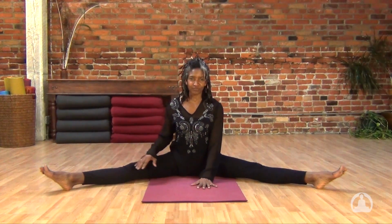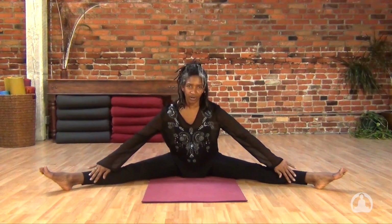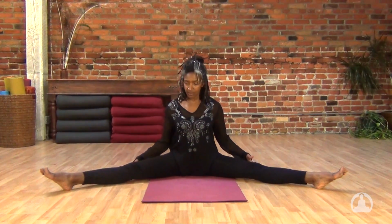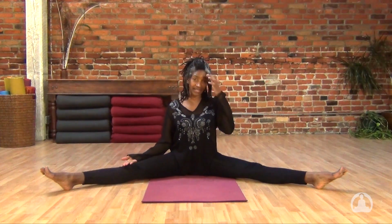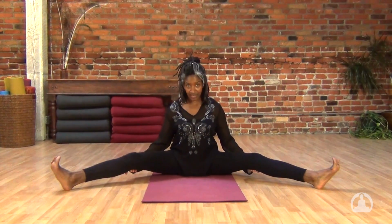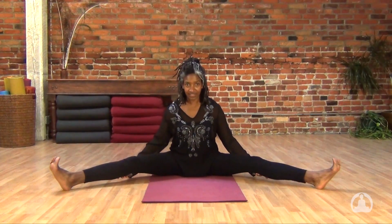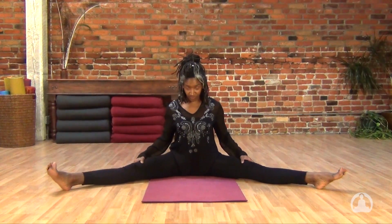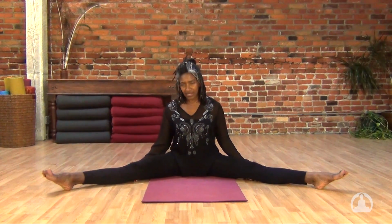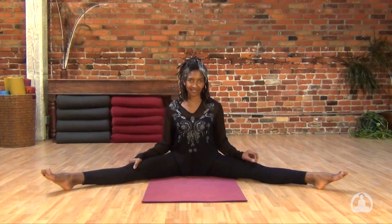We're going to walk ourselves forward just as we did in cross-legged, but this time we're stretching out through the inner part of the legs. If you find that you have tension in your knees, maybe having a couple other blankets around before we go into this posture will help. Just to raise the knees up slightly so that there's no tension in through the hamstrings or down into the calves. So if that's something that you experience, please make sure that you support, always being cautious to not hurt ourselves, practicing ahimsa,